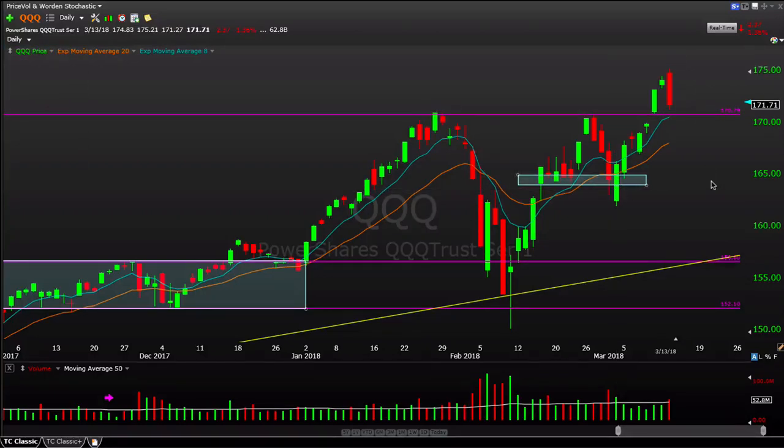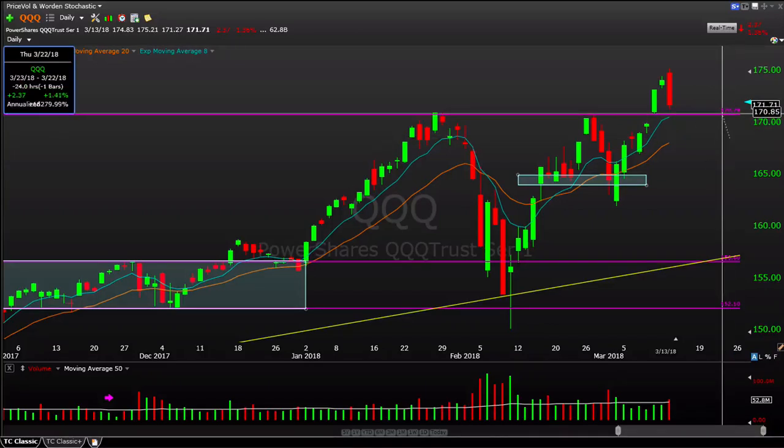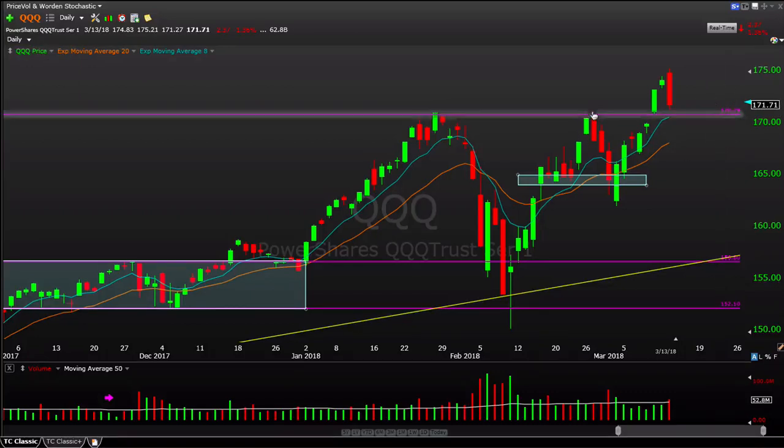It's something that, again, would mostly require follow through. If we started breaking below 171, this area right here on my chart, these are the highs back here from February, the highs back here from January. If we came crashing down below 171, that to me would be a point at which this market is proven to have a possible sort of false breakout and some more technical weakness setting in, and that would cause me